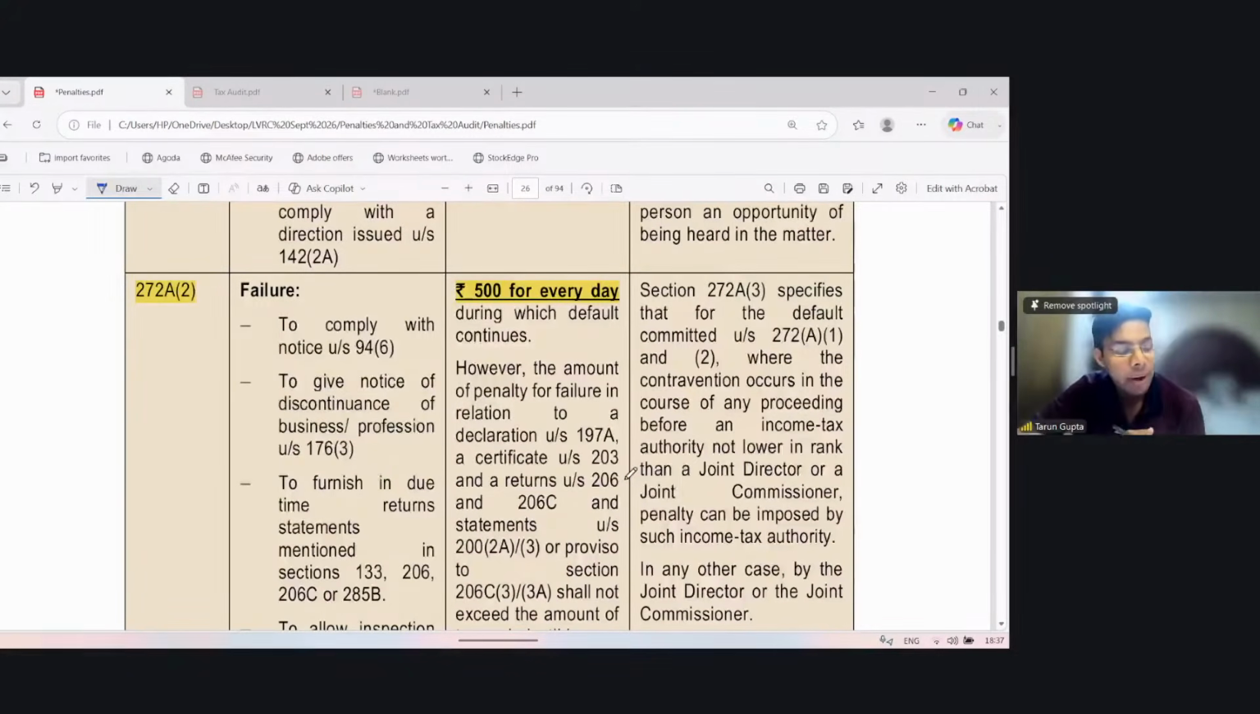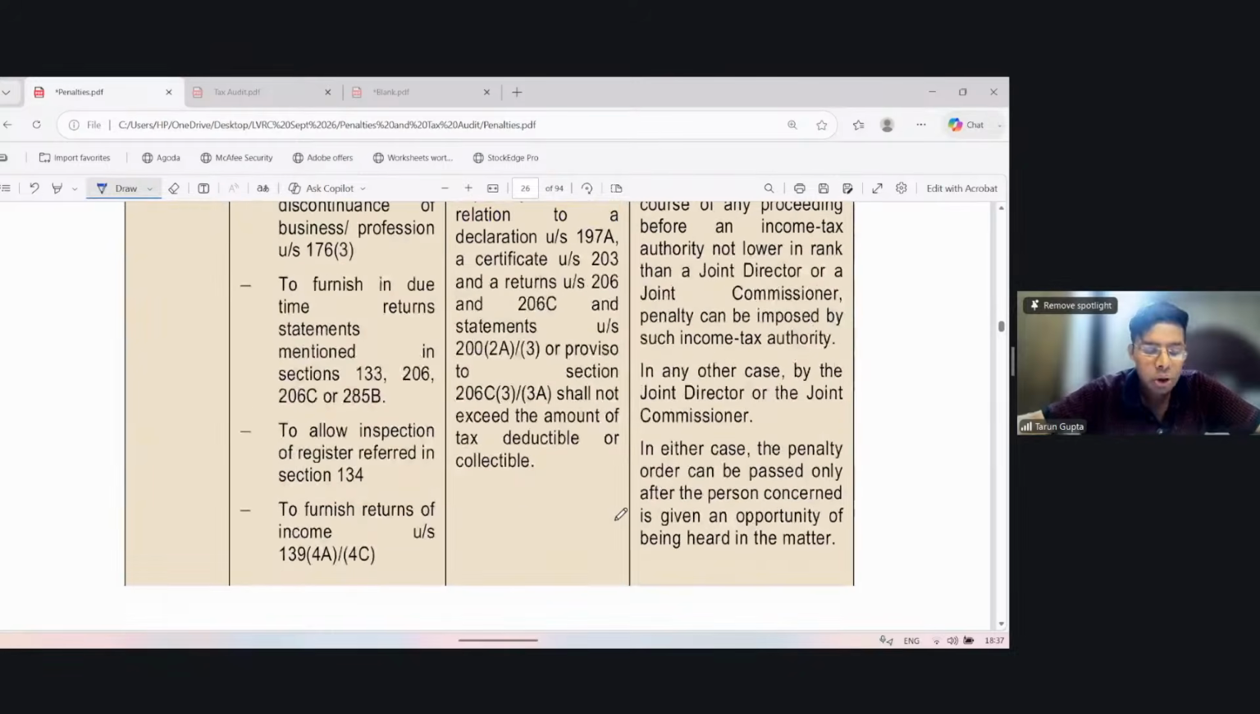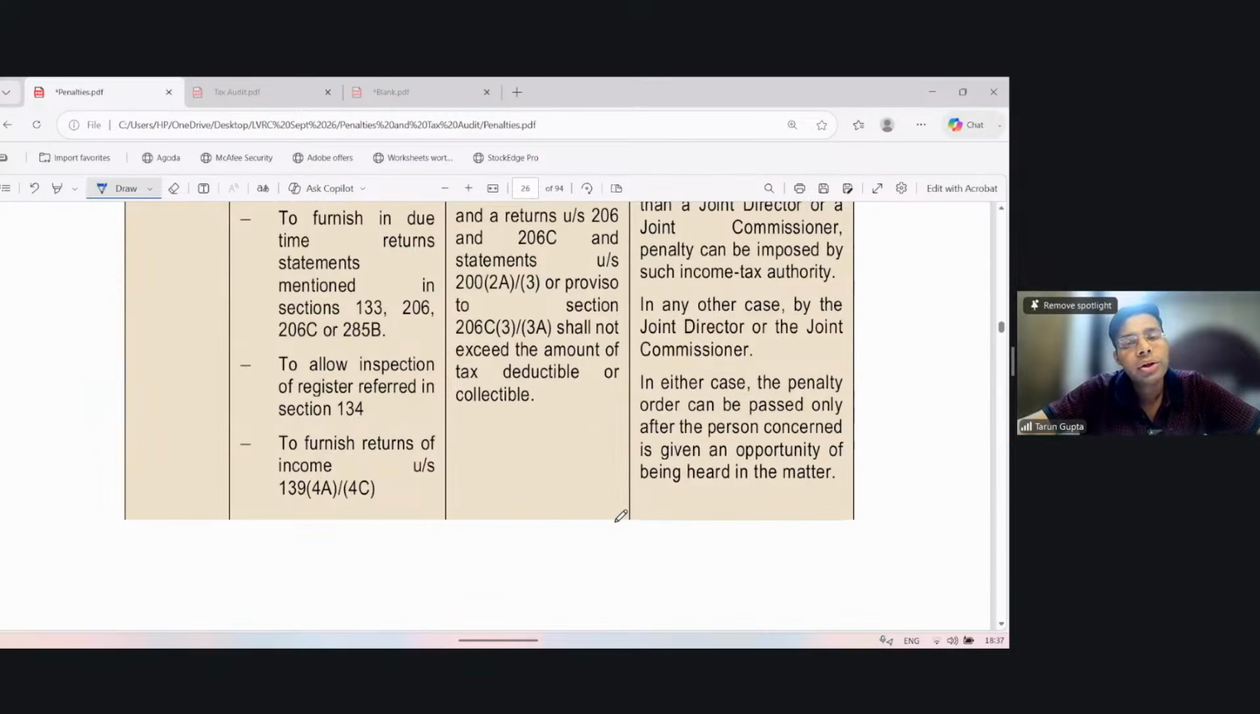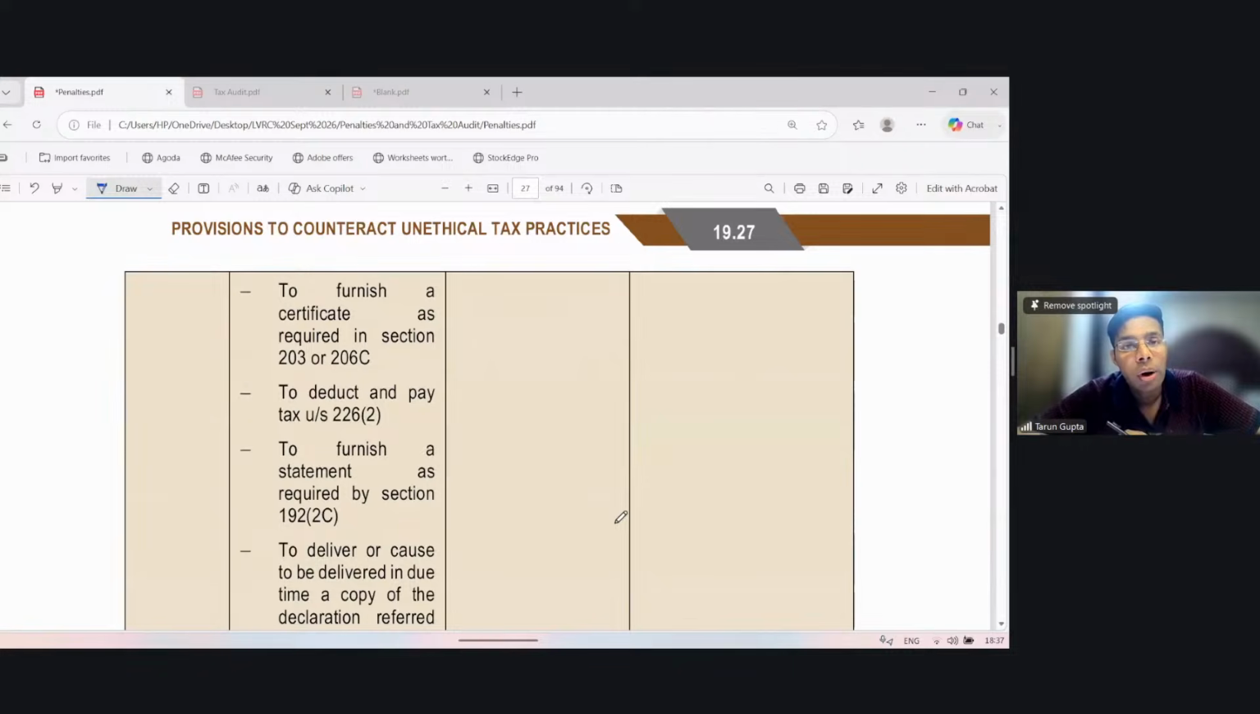What defaults are referred to here? If you fail to comply with the notice under section 94(6), if you fail to give notice of discontinuance of business under section 176, if you fail to furnish within the due time the statement mentioned in section 133, 206, 206C, or 285B, if you do not allow inspection of the register referred to in section 134, if you fail to furnish a return under section 139(4A) or 4C, 4A is for charitable organizations, 4C is for organizations whose income is exempt under section 10, if you fail to furnish a certificate as required under section 203 or 206C, the TDS or TCS certificate, if you fail to deduct and pay tax under section 226(2), if you fail to furnish a statement as required under section 192(2C),